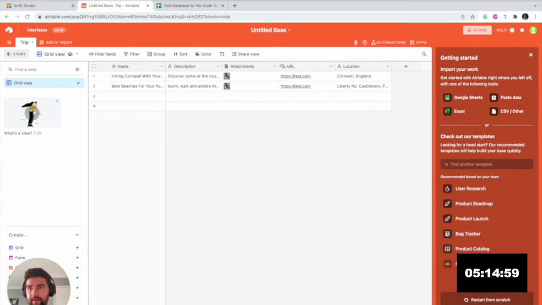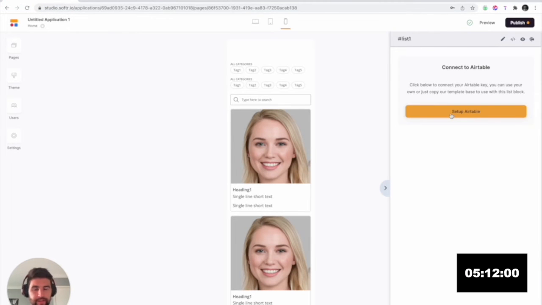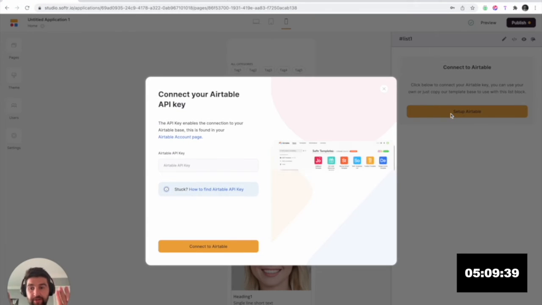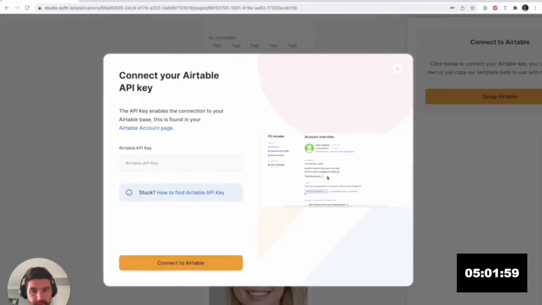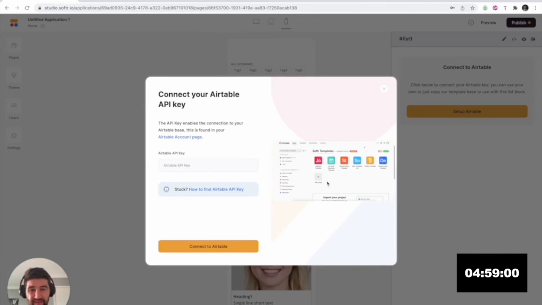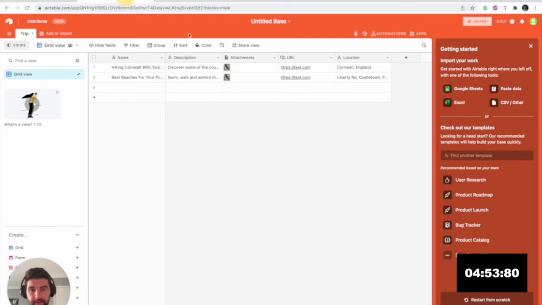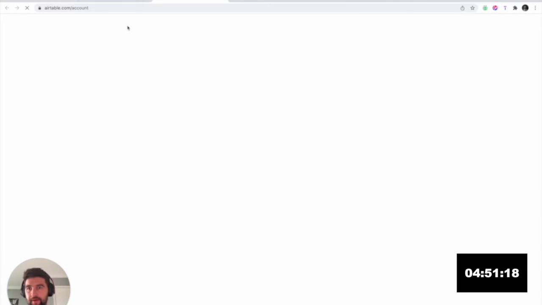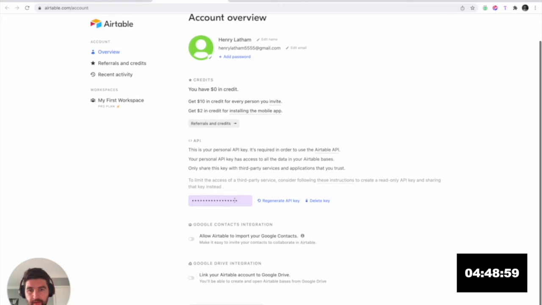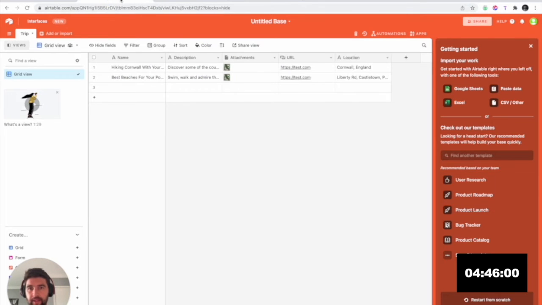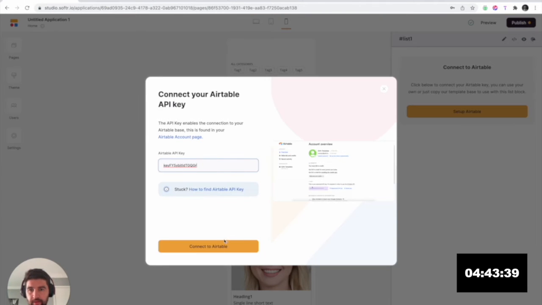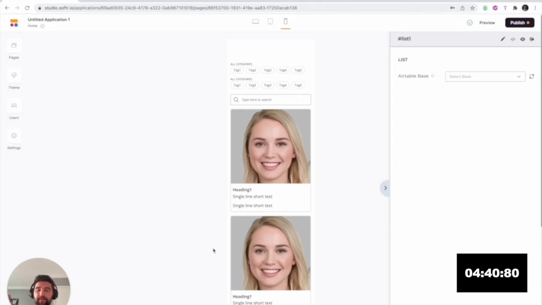Awesome. Okay, so now let's go back over to Softr, and we want to actually pull that data in. Remember, we've got two different tools. Okay, so I need to connect to my Airtable API. It makes sense, right? We've got these two tools. How do we connect them? If you look here, it shows you pretty clearly how we do that. So we go over to Airtable, account, and then we can see our API key. So let's go over. We're in Airtable right now. There's the API key. Excellent. Okay, great. So in Softr, we just enter our API key, connect, and we should now have access to that